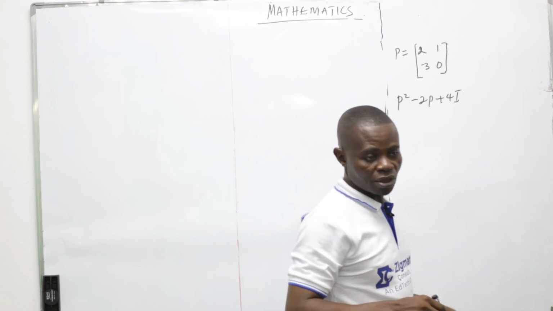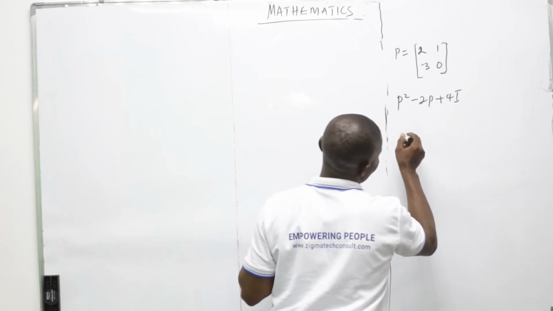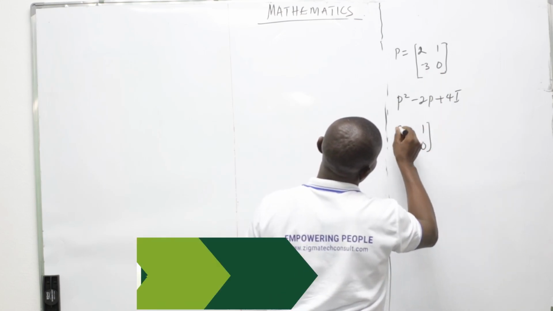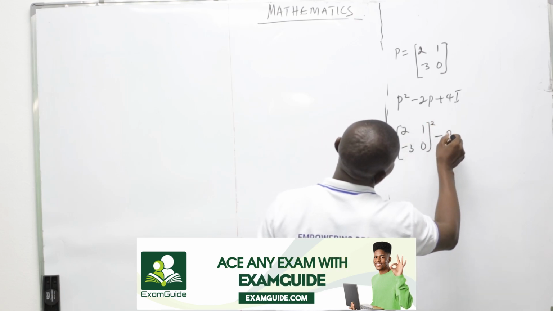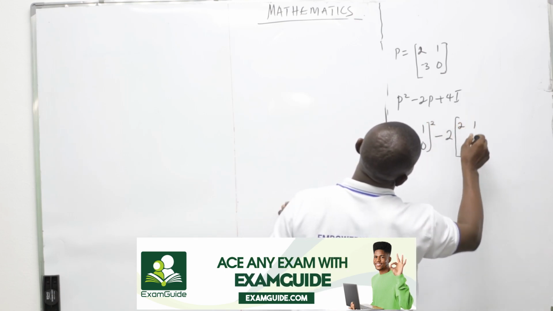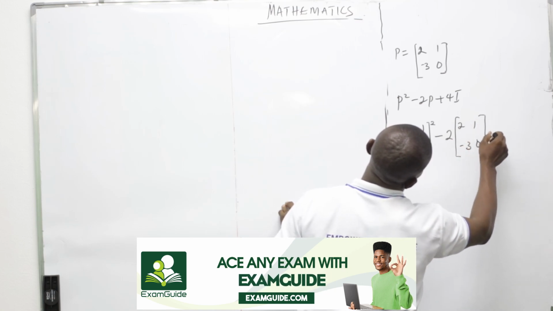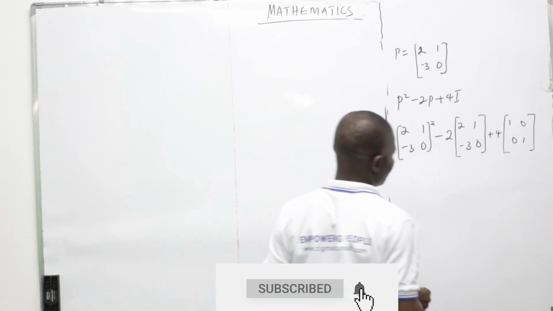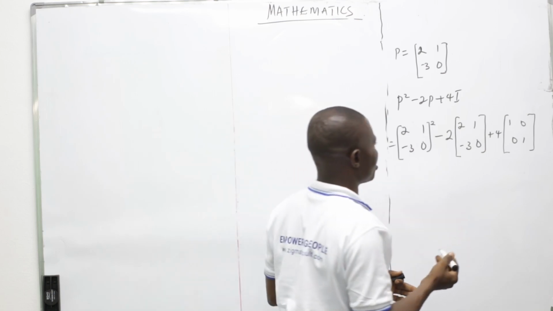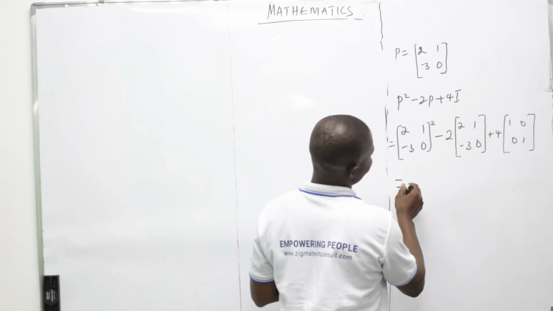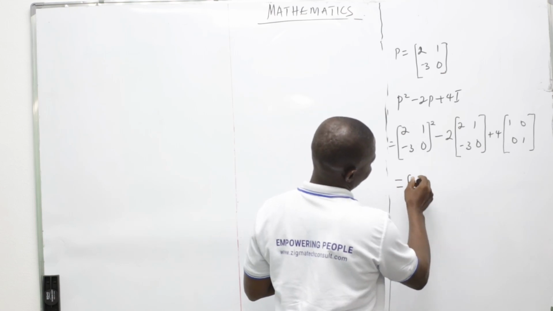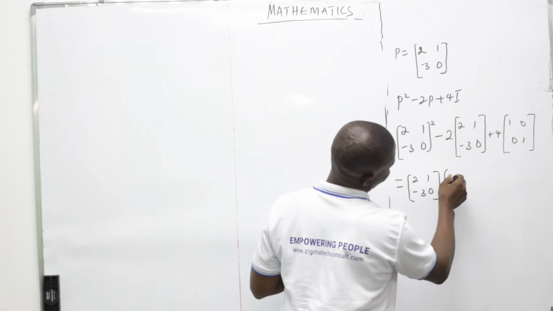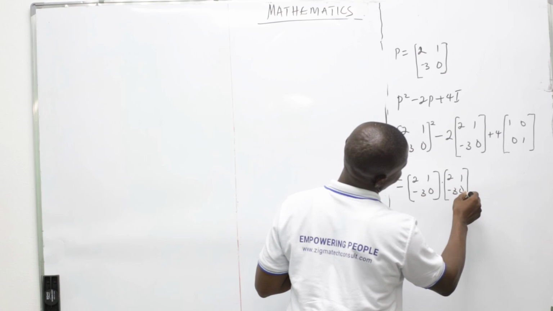That is identity matrix. What is your P? This is 2, 1 minus 3, 0, all square, minus 2 into P, 2, 1 minus 3, 0, plus 4 identity matrix. What is identity matrix? 1, 0, 0, 1. I've told you this from part 1 of our matrix. So this will give us 2, 1 minus 3, 0, dot 2, 1 minus 3, 0, minus